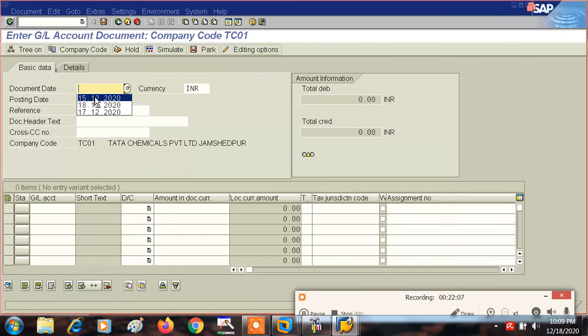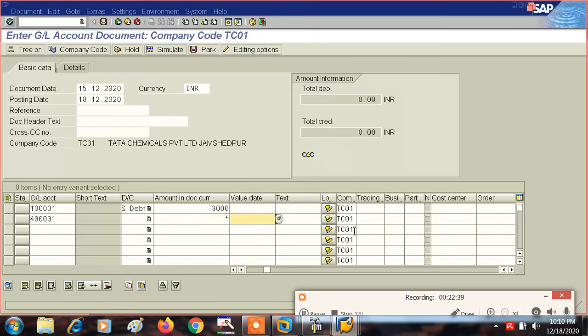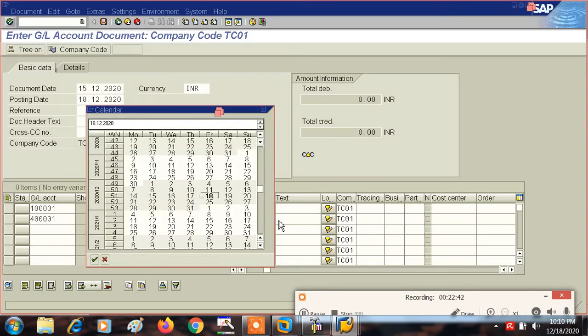Same thing. Value field, value date is always compulsory.